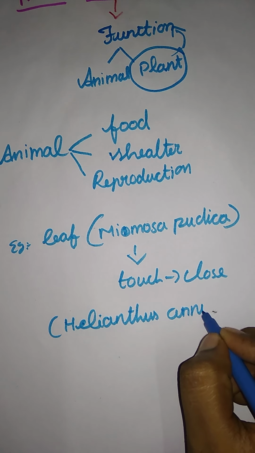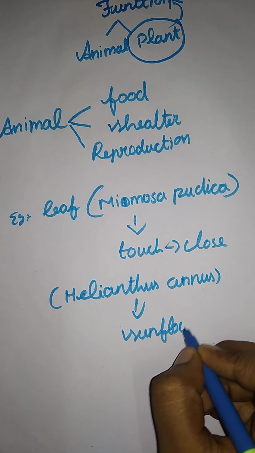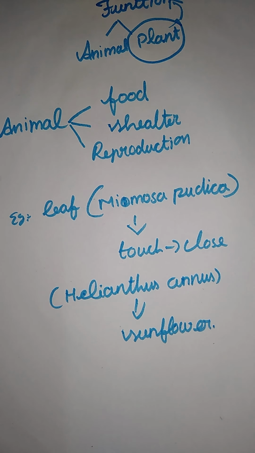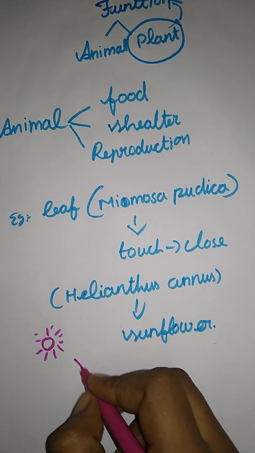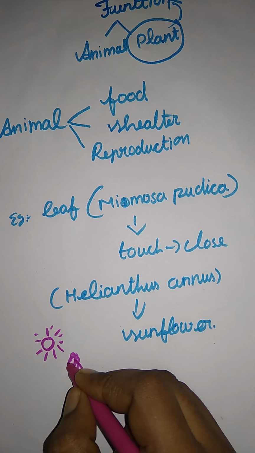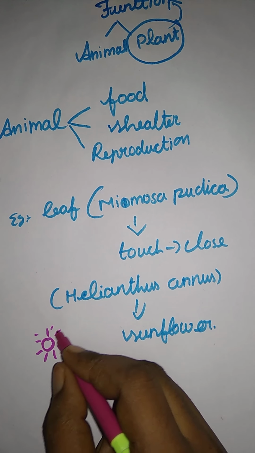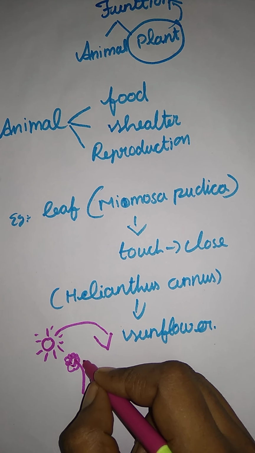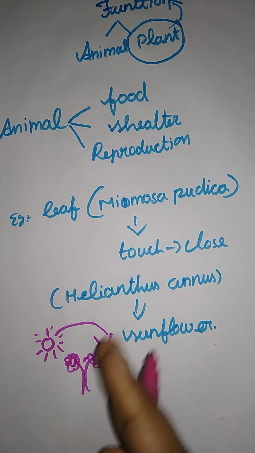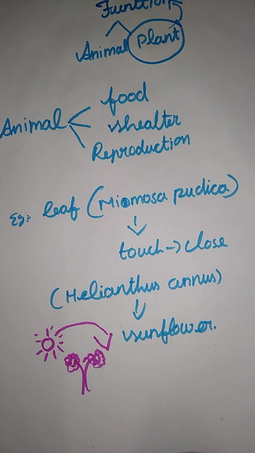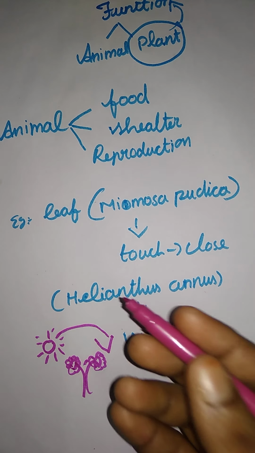Sunflower. Okay, here Helianthus annuus is the sunflower. Yes, a sunflower also shows movement based on a stimulus, that is the sunlight. Based on the sunlight, it shows movement from here and there. Wherever the sun is, the sunflower faces toward the direction of its stimulus. When it goes there, it bends its body, showing body movement according to the sun's direction. Okay, the sun is an external stimulus. So the plant moves depending on the external stimulus.